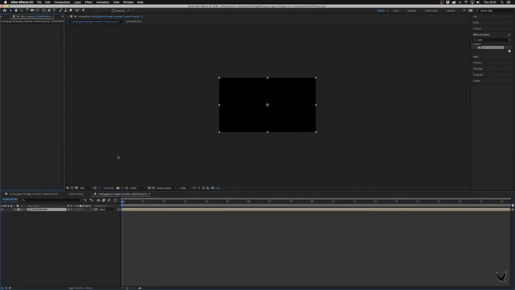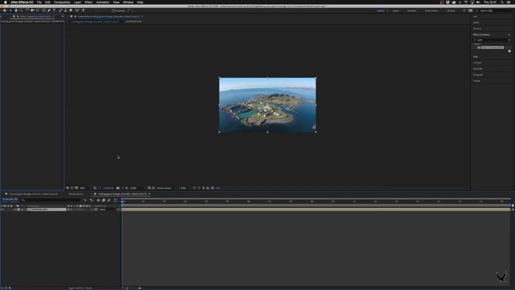It will then open up After Effects and it will populate After Effects with that clip. As you can see, it's just popped up on the screen there. Here we go. Down here on the timeline, here is the same thing. And over here on the left hand side, in this panel, it tells you about the name of the file. Across here on the right hand side of the screen, basically we are looking at the effects and preset setting that we're going to use, because we're going to use an effect, a plugin that we can drag and drop onto this footage. And we're going to use something called